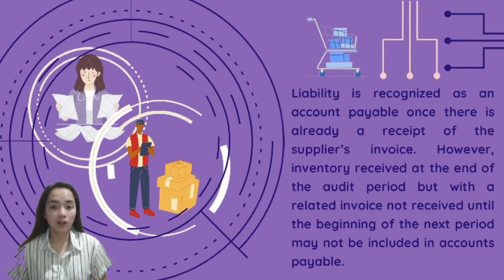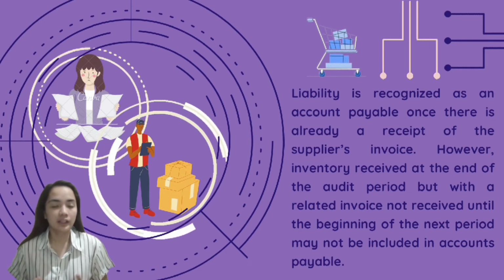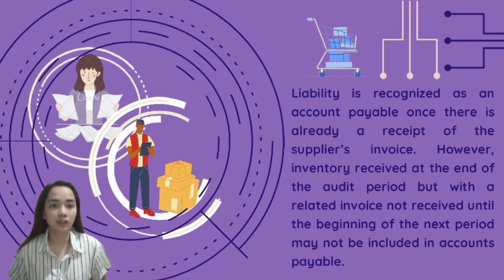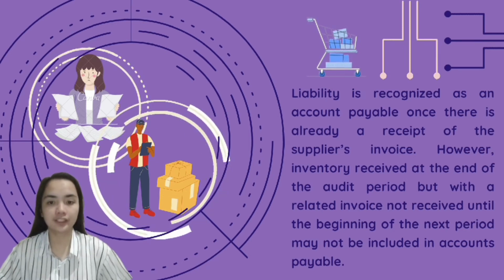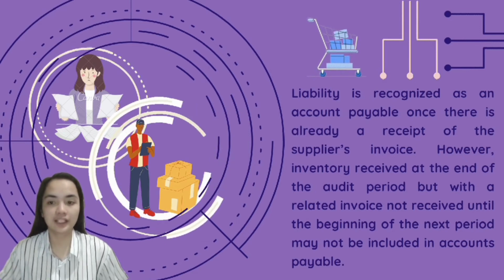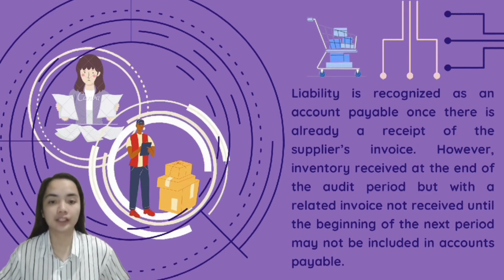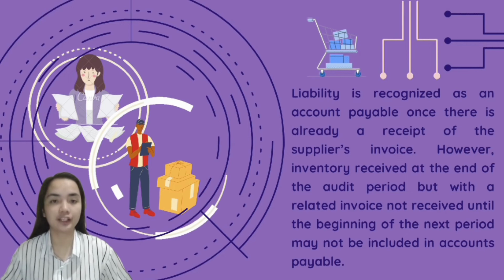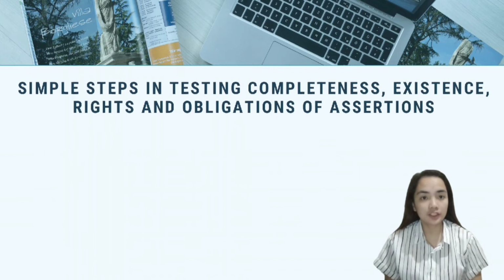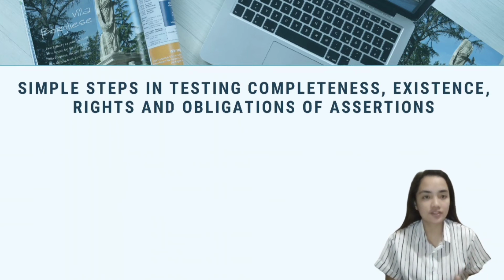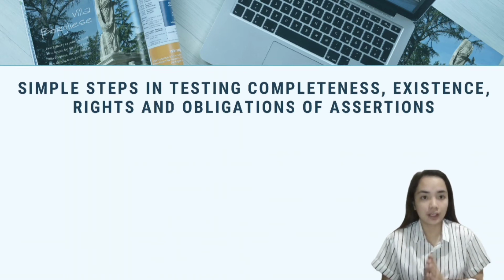Moreover, we are all aware that inventory received at the end of the audit period, but with a related invoice not received until the beginning of the next period, may not be included in accounts payable. As a result, it is important for management to establish a system for identifying invoices received in a subsequent period that pertain to the audit period and adjusting obligations accordingly. The search for unrecorded liabilities provides evidence that tests the completeness, existence, and rights and obligations assertions, and it includes